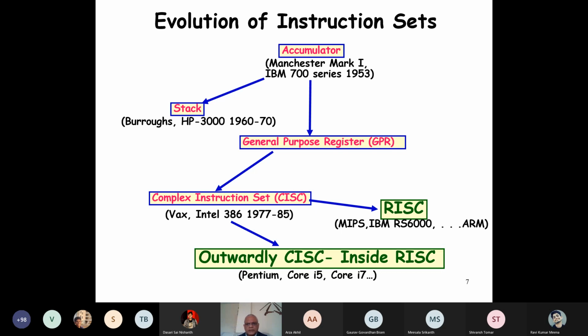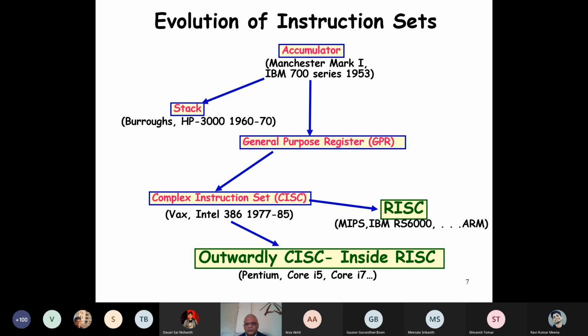And we had said that the main reason is that if the programs have been written and they are running, and you bring out a new processor, those old programs don't run on that because those opcodes are no more supported, those addressing modes are no more supported, then nobody is going to buy your processor. And Intel was in a very difficult situation. They wanted to go for RISC, but they could not because of this legacy issue that they were already in the CISC.